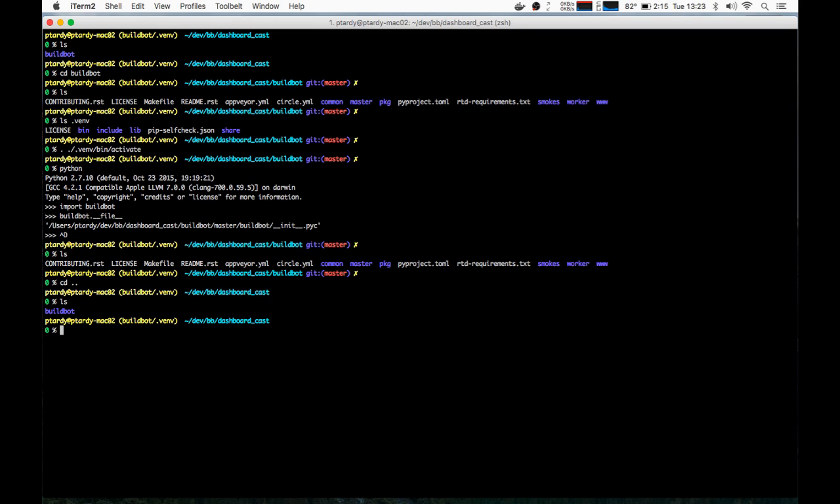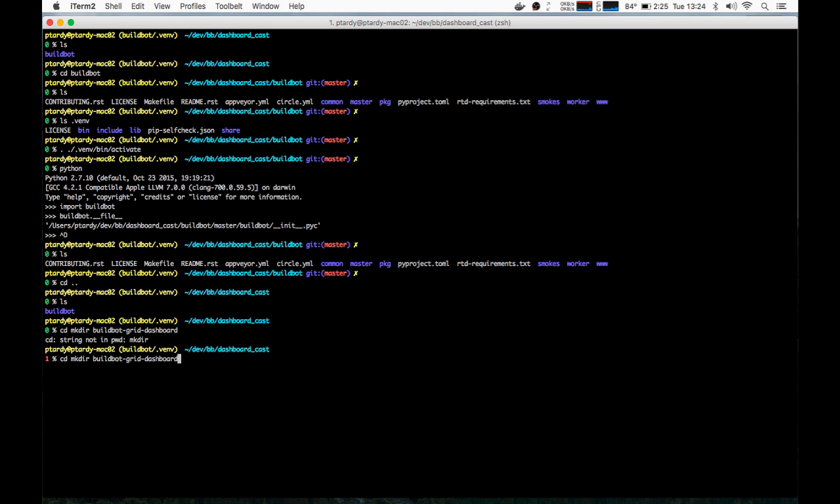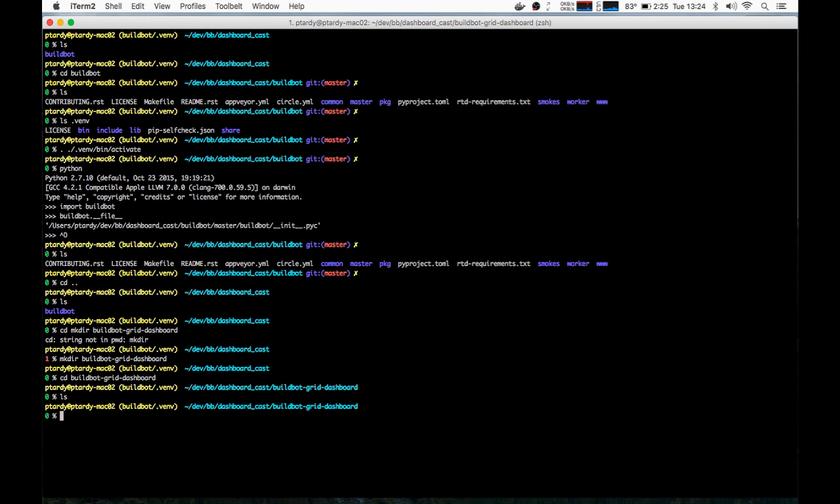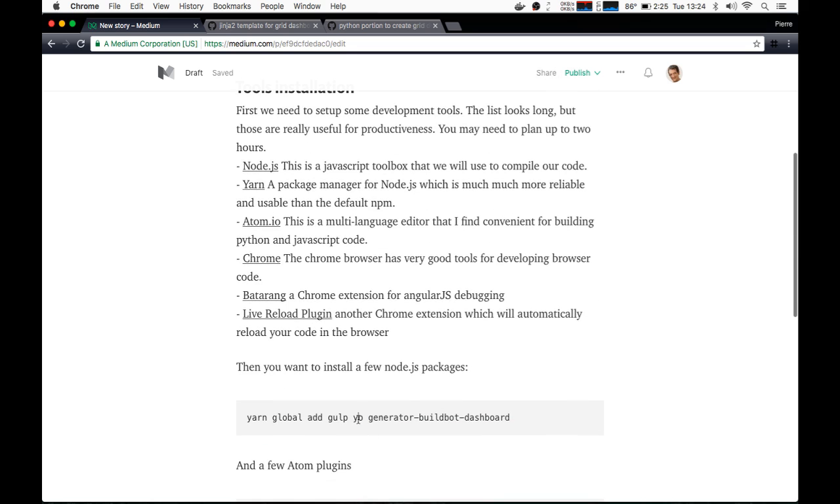So the second thing I will do, now that I have my Buildbot environment, is create the dashboard using Yeoman. Buildbot create dashboard, and then I start launching Yeoman. Yeoman is one of the things we have installed here with yarn global add, and with the generator Buildbot dashboard. It's a generator for